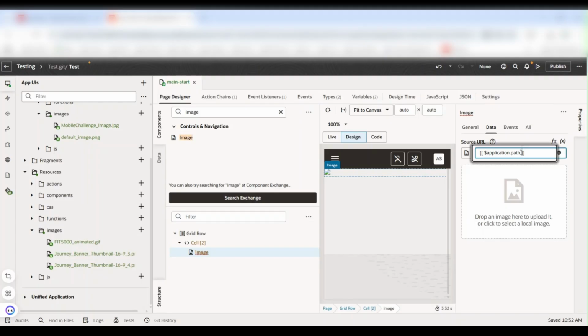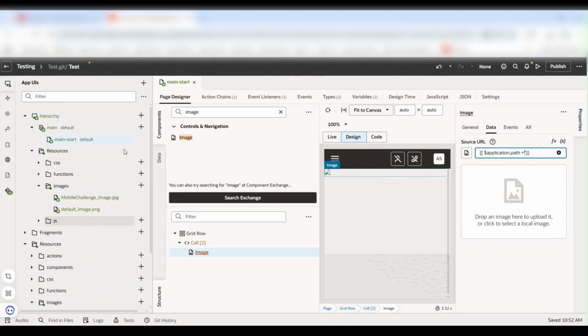After that, currently here we are having application path. Let me give the fully qualified path for this. After application path, let me give plus single quotes. In between these single quotes, I will write the directories path.